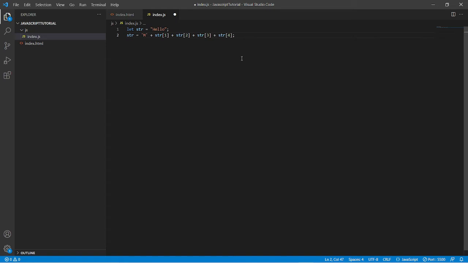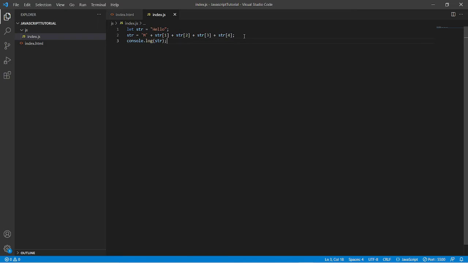We can do it in a simpler way as well, but I'm making it easier to understand. So here we have the same variable str, one character M, and then we take from the previous string the character at the first index, e, then the character at the second index, l, then the character at the third index, again l, and the character at the fourth index, o. So now we have a new string, and that is mellow.